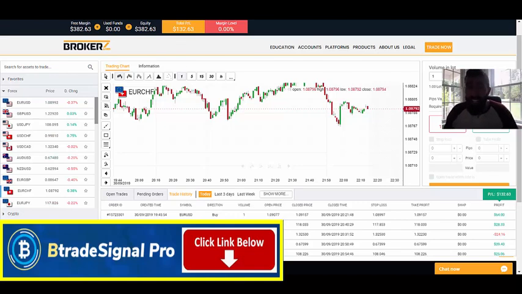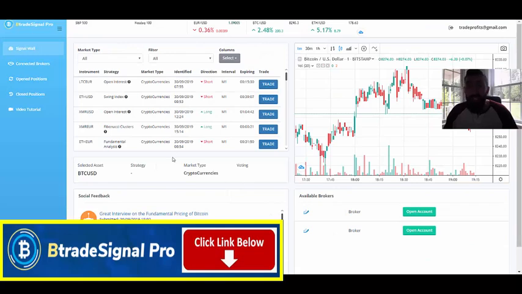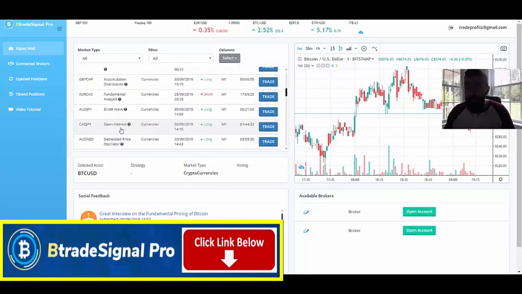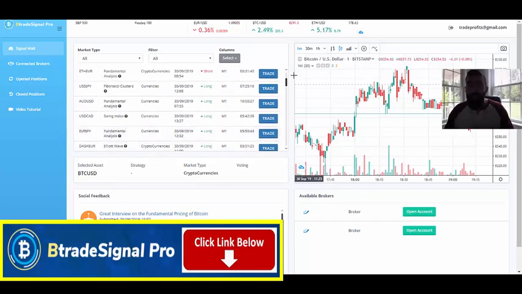So I gotta say, I like it, guys, and more importantly, I do like the implementation of strategies and indicators for these signals. B-Trade Signal Pro does the analysis for you, providing us with the signals. So as a result, we have to simply pick and choose and click the trade button on the signals that are provided. So we'll be back with more updates, guys, but in the meantime, if you want to learn more